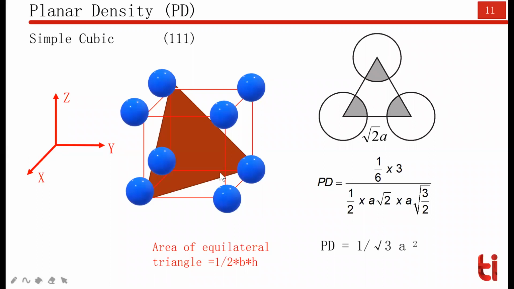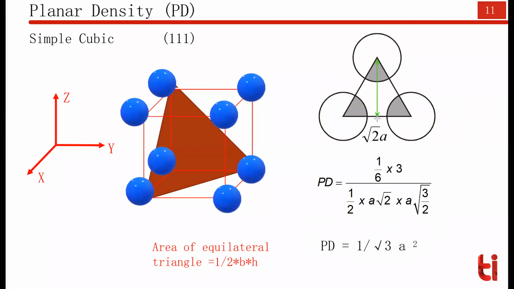So the base of the plane is equal to the length of the face diagonal. And you know the length of the face diagonal is root 2a. So 1/2 into root 2a into height of the plane. Now the height of the plane you have to calculate. So how do you do that? Let me show that in the diagram. Your height of the plane is